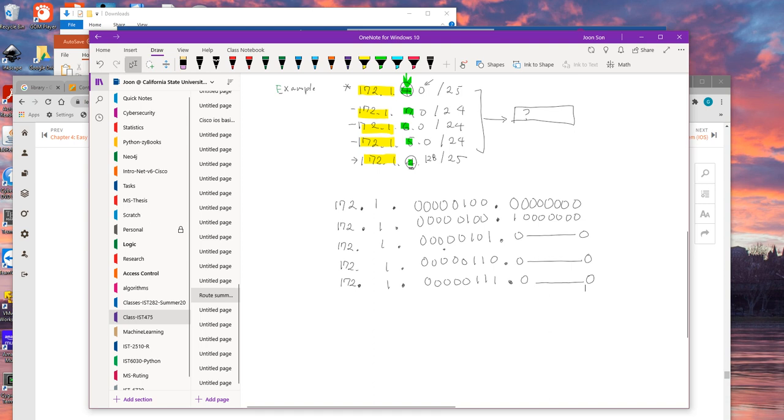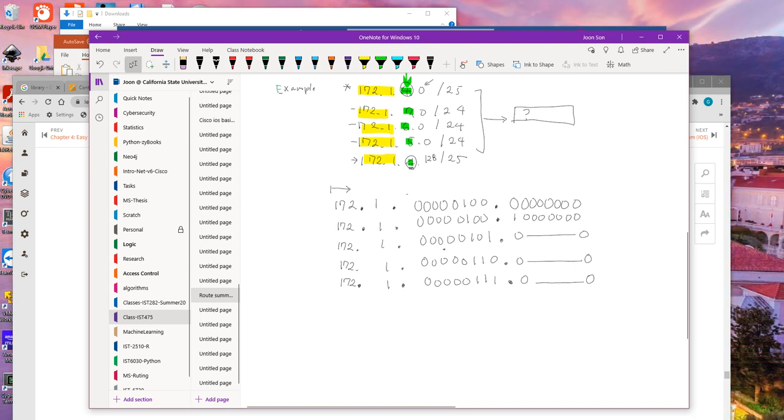So now it's time for you to draw the line. So let's go from the left to the right. 172.1 is obviously common, right? There's no change. And then now let's look at these interesting bits. 0 is common, yes, everything is a 0 here. And then everything is a 0. And then 0, 0, yes, they're all common. And then what about the 1? Yes, it's 1, 1, 1, 1.